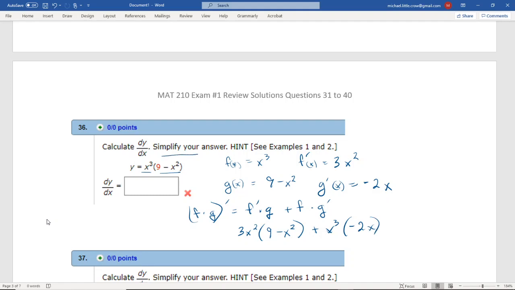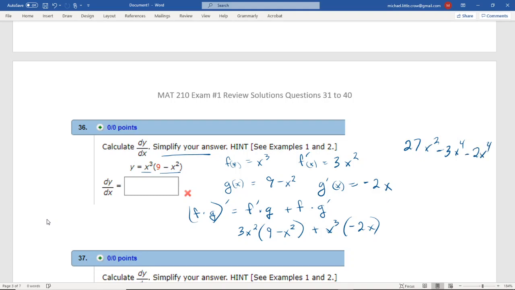They do say to simplify our answer, so we're going to follow through. So we distribute the 3x squared. So that's going to give us 3 times 9 is 27x squared. And then we have x squared times x squared, so we'll get a minus 3x to the 4th. Here we're going to get a plus, but then we're multiplying by a negative, so we're going to get a negative